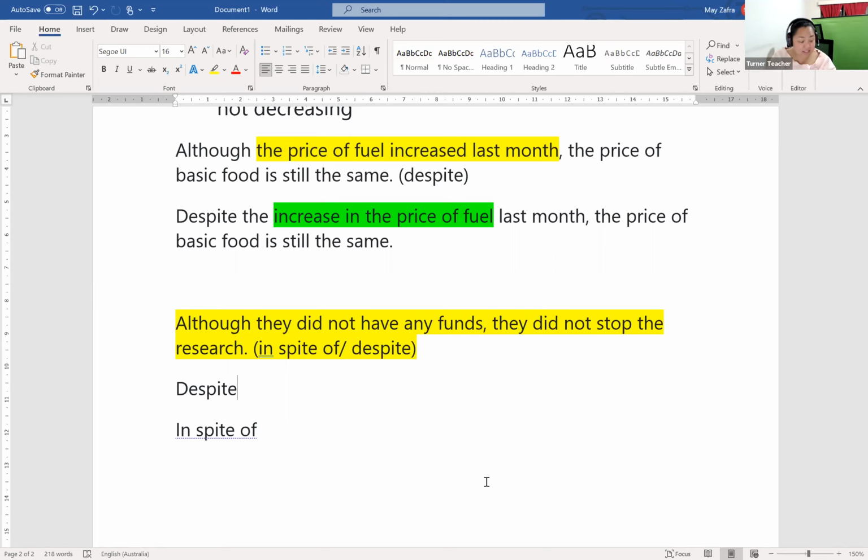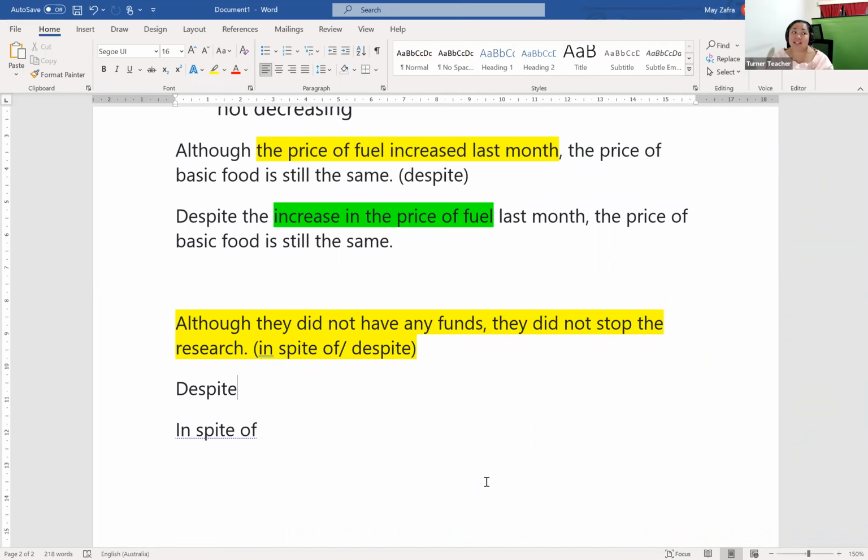Despite lack of funds, yes. The research is still ongoing. Correct. Despite the funds are not available. Again, try not to use not in your sentence. Despite the lack of funds, despite the funds are not available, despite short funds, no, short is an adjective,